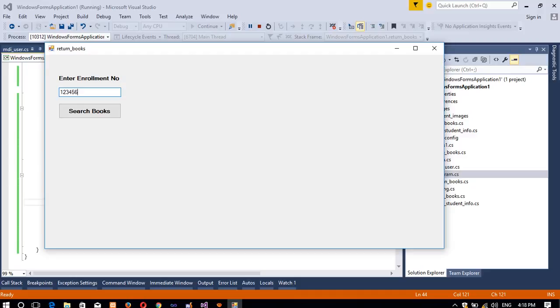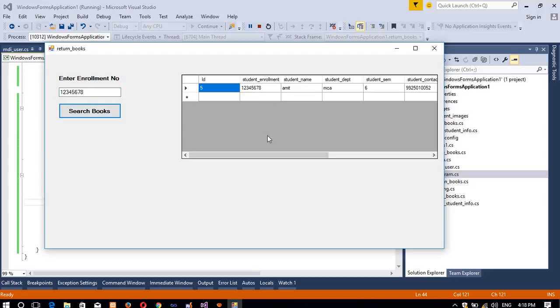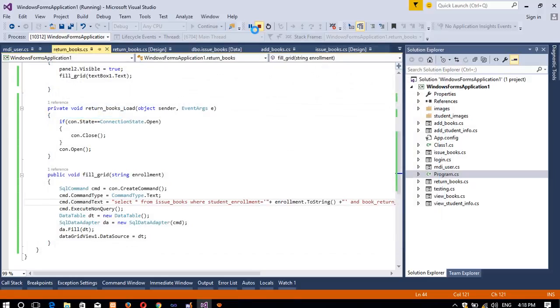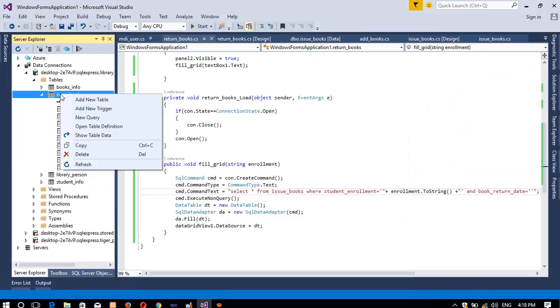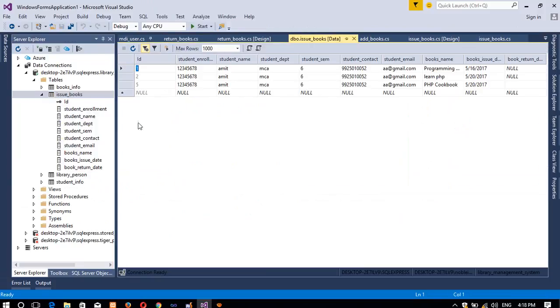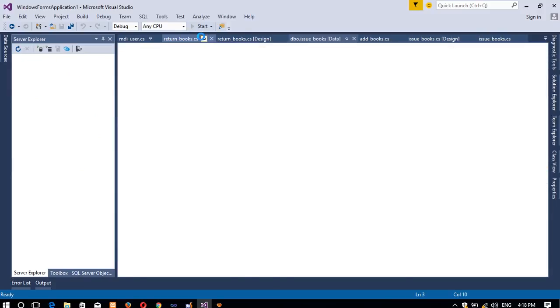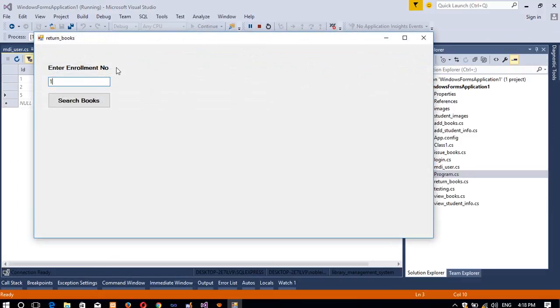1 2 3 4 5 6 7 8. Yeah, you can see we get here only one book. We are not getting 2 books because we added this column later, so we get a null record. So we are going to delete this null, also here null, and now we are going to run again. So we get that 3 books, 1 2 3 4 5 6 7 8, and now we are going to